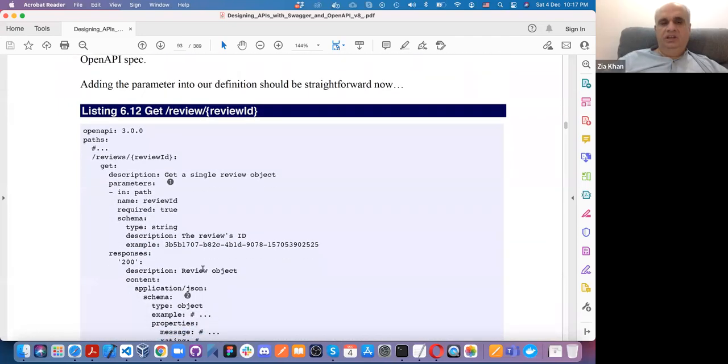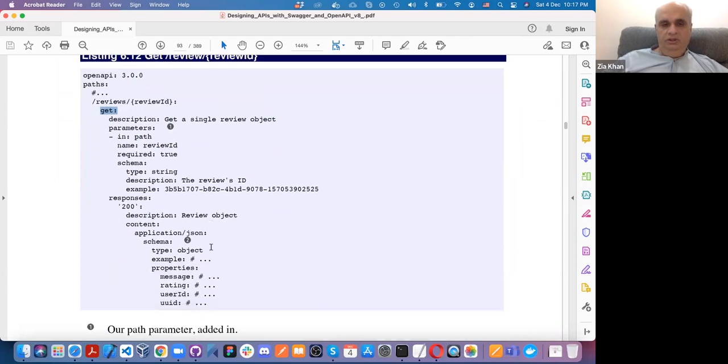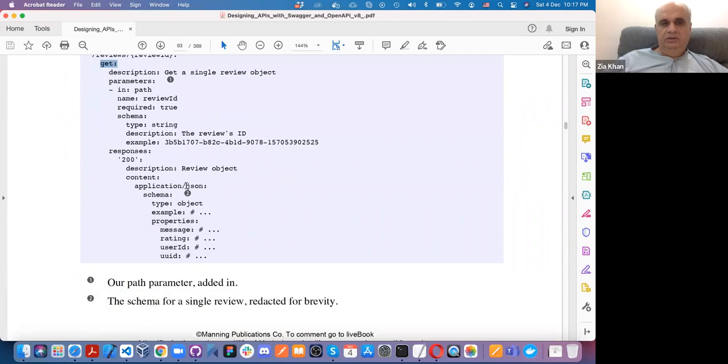Basically, as you can see, in this case we are getting /review ID. We want to fetch a single review, and we just have to give, as you have already specified, the review ID. So I need a GET method, because I don't need details in the request, and in the response I get the entire object.